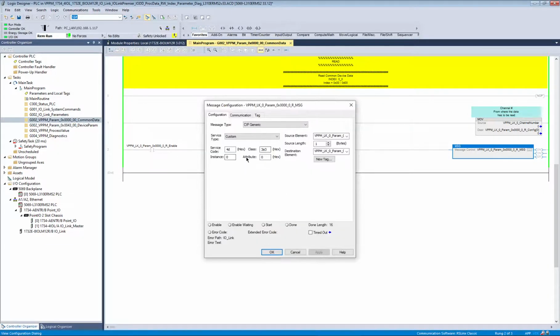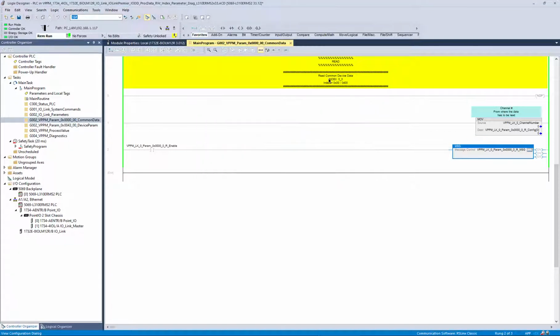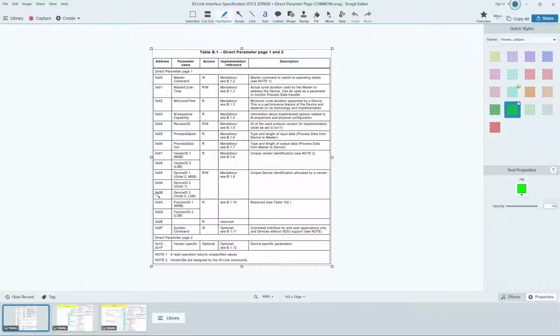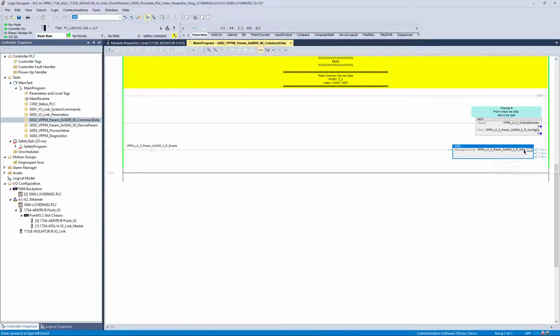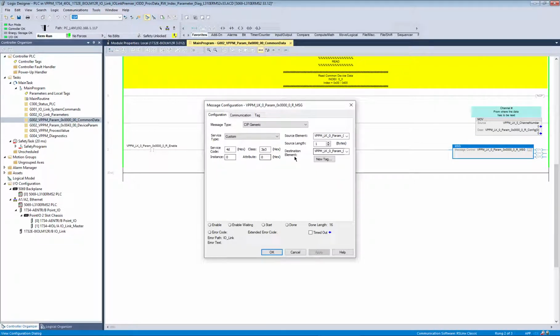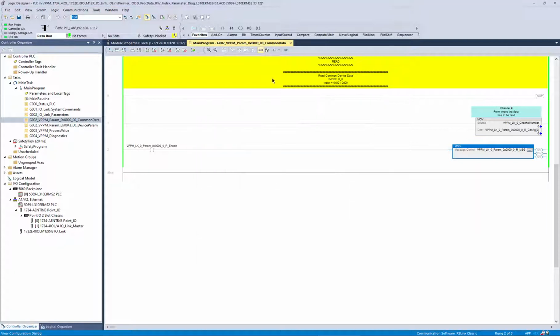So in here, we're sending an index 0, attribute 0, and this allows reading of the common device data. Okay, this is again not in the user manuals, this is part of the IO-Link specification. And again, I've taken the table from the IO-Link specification here, and you'll see that you get a variety of information. In the Logix PLC here, I do a read. It populates this data here. If I go to the data,